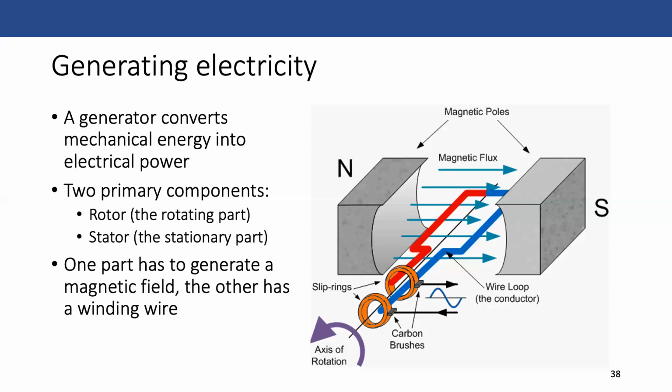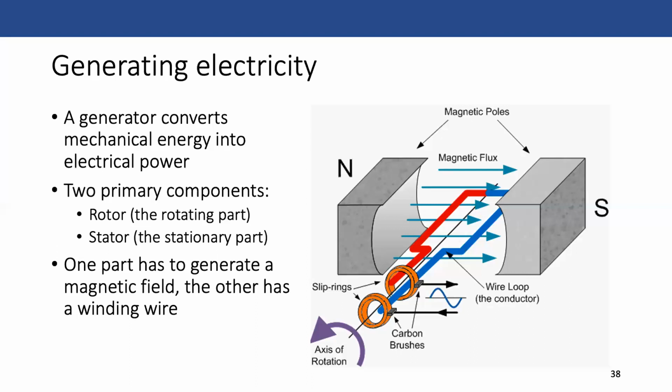So the whole name of the game for generating electricity, and the vast majority of electricity, is getting something to spin. Okay, so all of our translation of chemical energy into electricity happens by changing our chemical energy through combustion to spin an object, and the spinning of that object is the thing that will make the electricity.